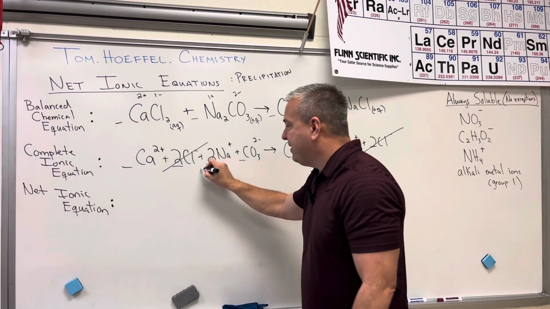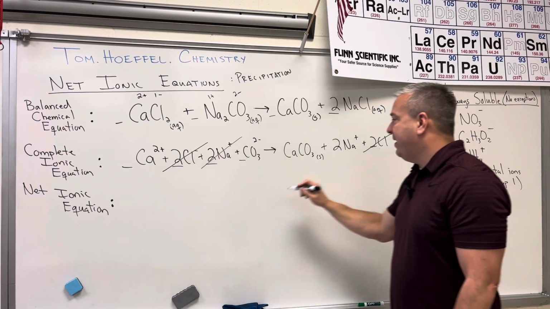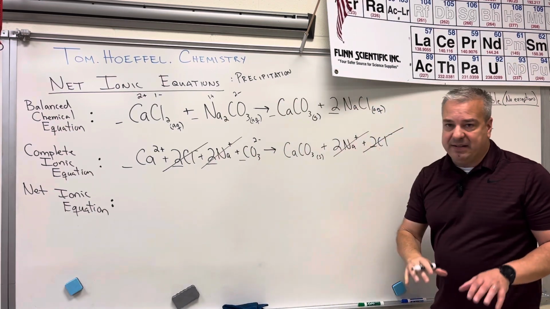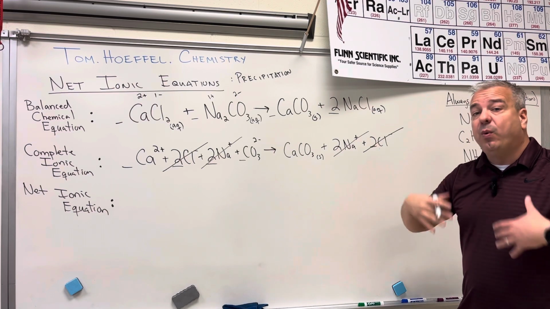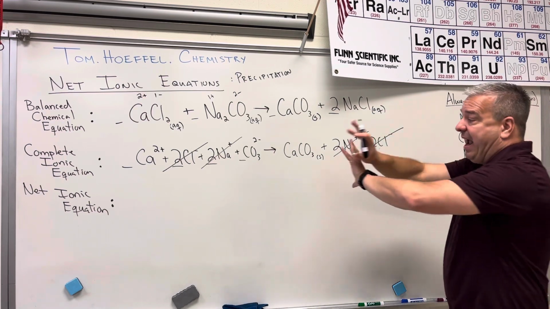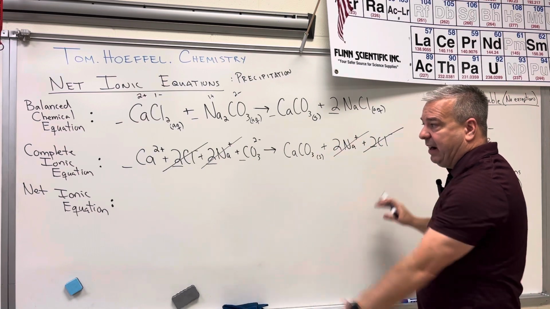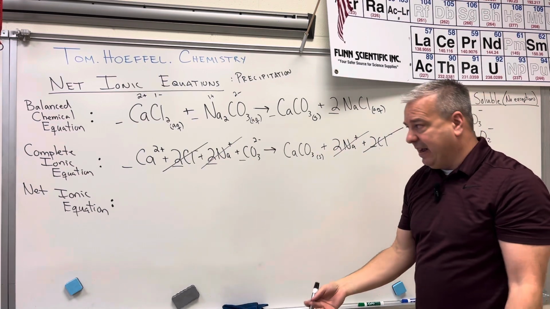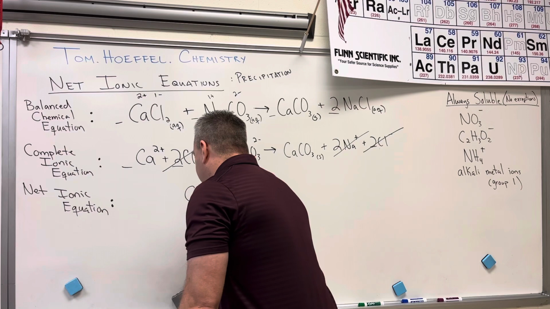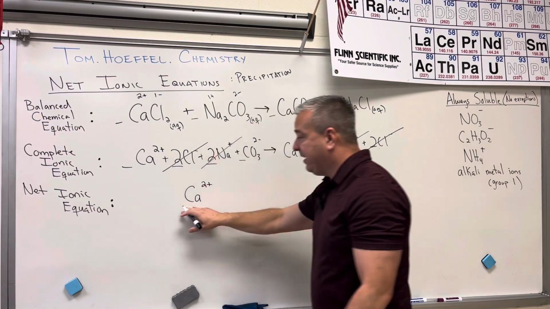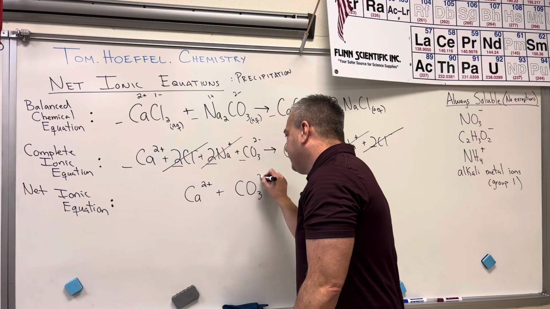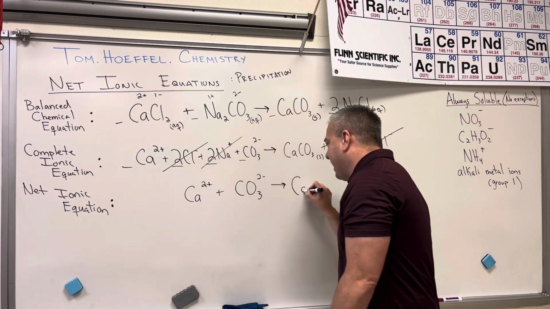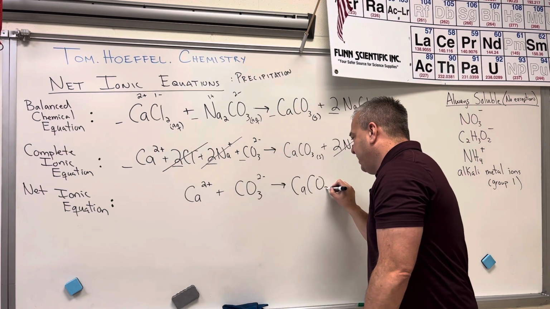The sodium ions do that as well. We have 2 sodium ions here and 2 sodium ions here. They're just watching the chemical reaction that occurs with the other substances. After you remove the spectator ions, that's what's going to be your net ionic equation. So this equation is really all about calcium ions running into carbonate ions to form this solid calcium carbonate